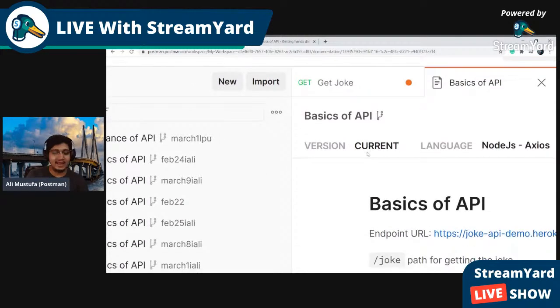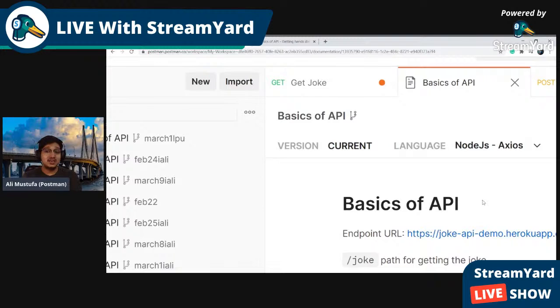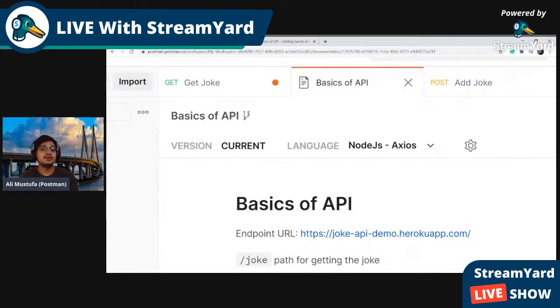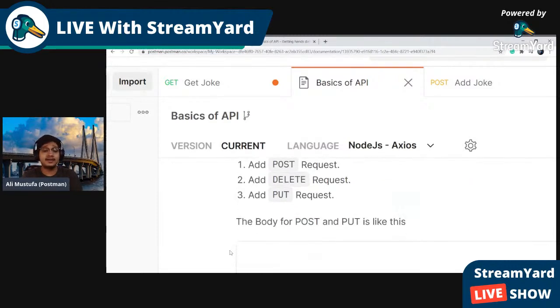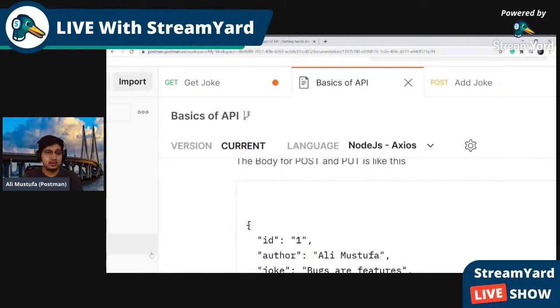Yeah, I was expecting this answer, that it will be the same as in the get request. No, the reason for that is the developer might have added a timestamp in the backend. How would you know? You will never know, because what has been developed in the backend, you never know. So it is highly recommended that you go and check the documentation.